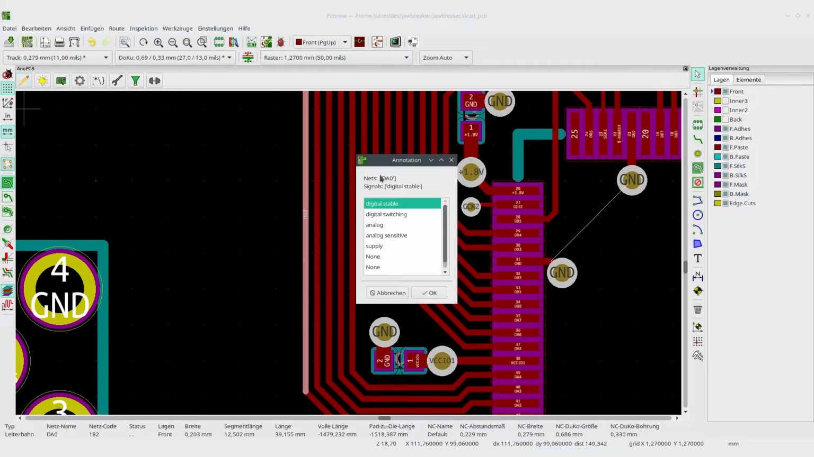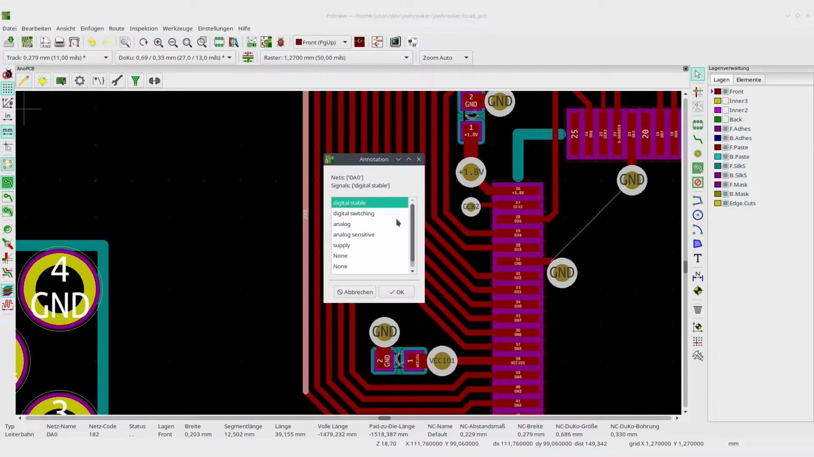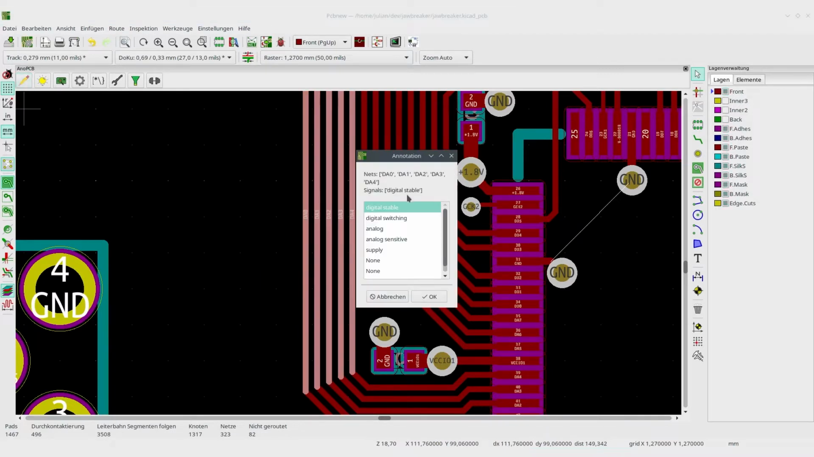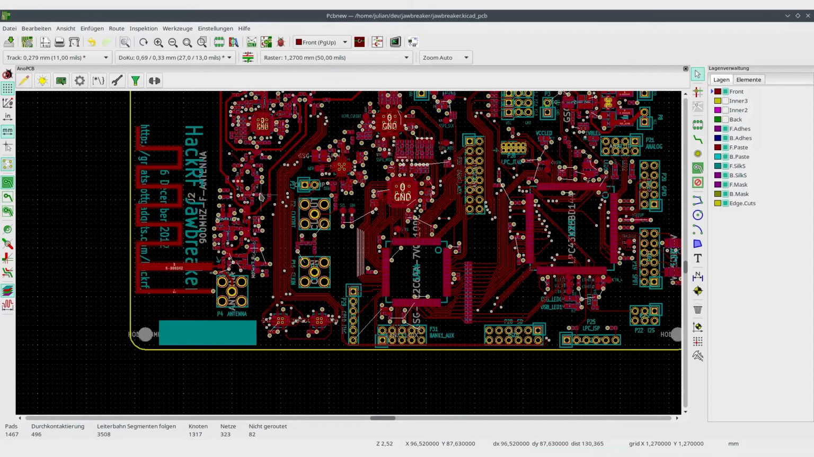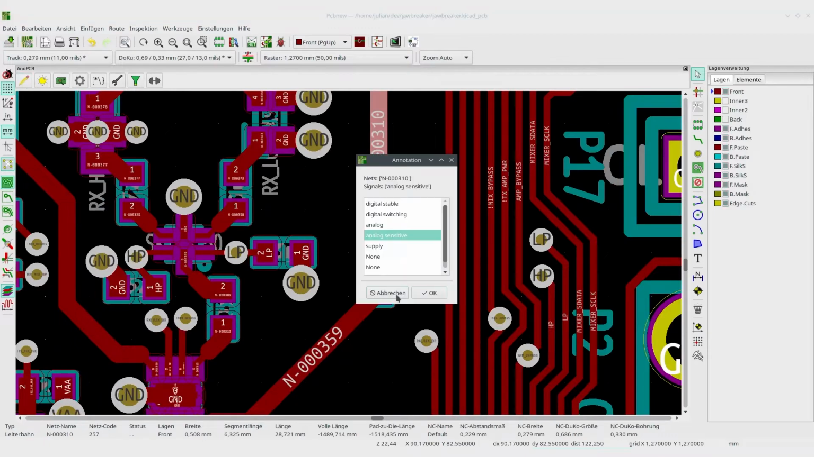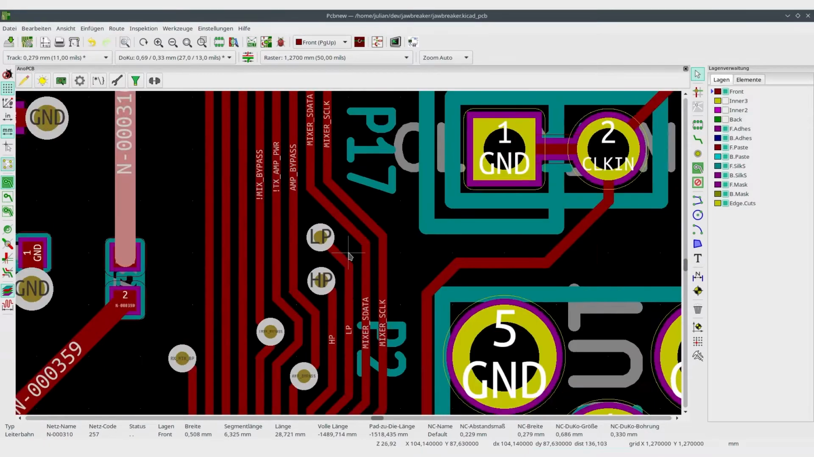So we can take a look at it with the pencil button, and we see that it has the signal digitized table. We can also take a look at multiple ones at the same time, and we see that all of those nets have the digitized table annotation. At some other point we'll probably see some other annotations. Yep, here we have an analog sensitive signal. But this would be tedious to do by hand,